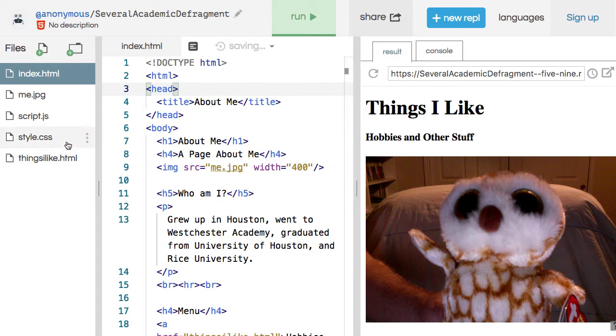All right, we already have this CSS file here, right? And so we'll just start with some really basic stuff. We'll start with creating a background color for our document. So if we go into style.css,